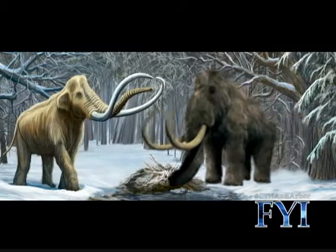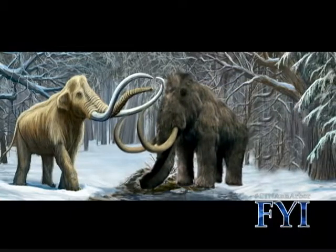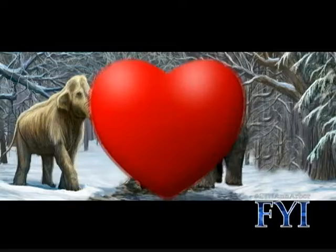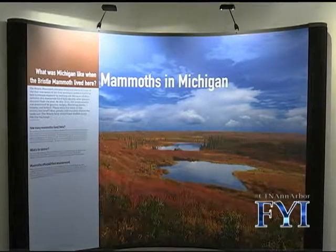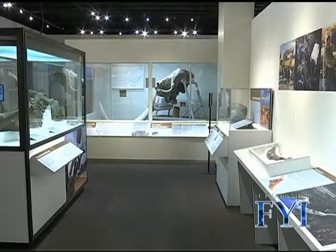This nearly 6-ton beast showed signs of crossbreeding between Columbian and woolly mammoths. We have good evidence now that this was a hybrid mammoth, a hybrid between what had been two effectively separate species. And everybody, I think, knows that ordinarily different species do not mate with one another, but there's